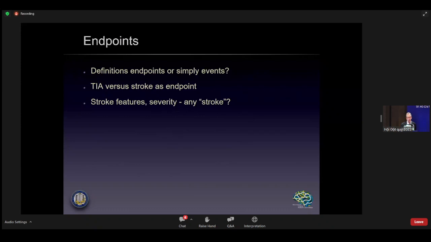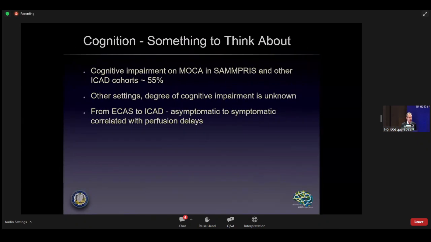And as well, as I mentioned, this history of stroke issue. Stroke is not a uniform disease. There are a lot of subtypes of stroke, and we have to be careful when we think about whether the stroke is in the territory because of the ICAD or it's another type of stroke. So they're not all the same. So cognition, there's a lot more to think about as a provider, as a stroke care provider in general.